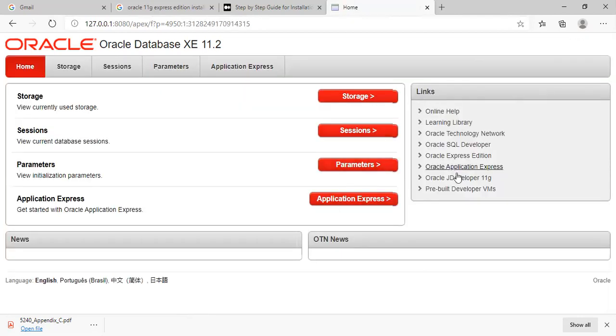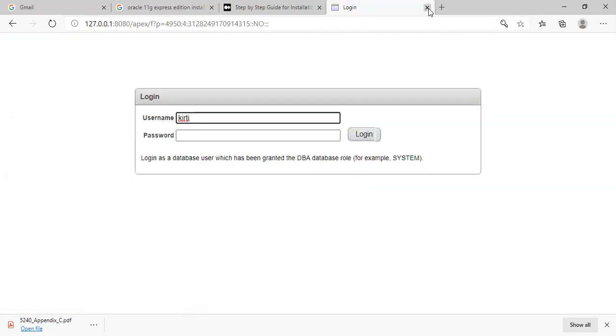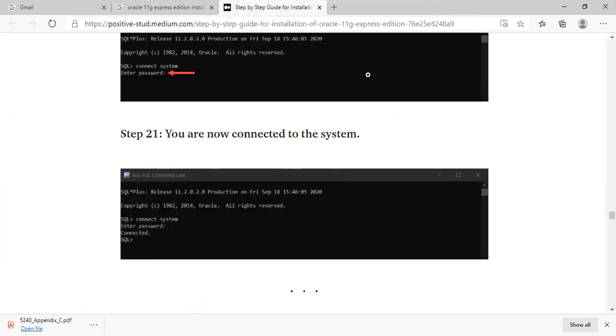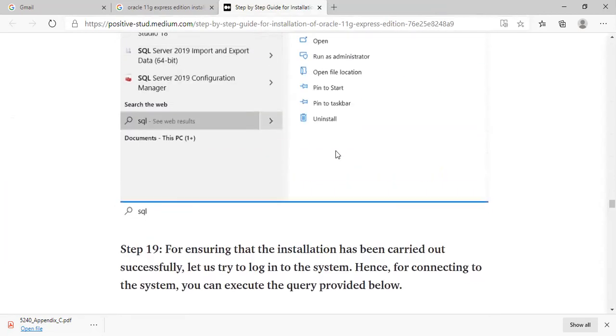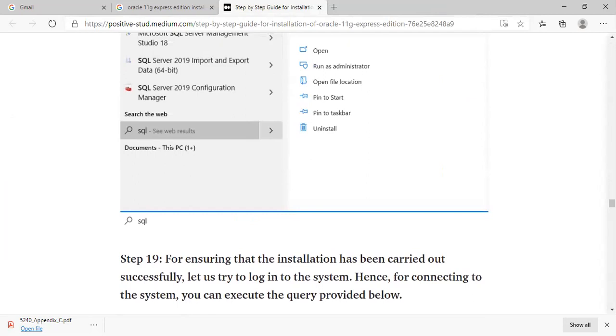We will check our sessions. So this is the thing with the first assignment, that is the installation of Oracle. So we have to go with that particular thing.